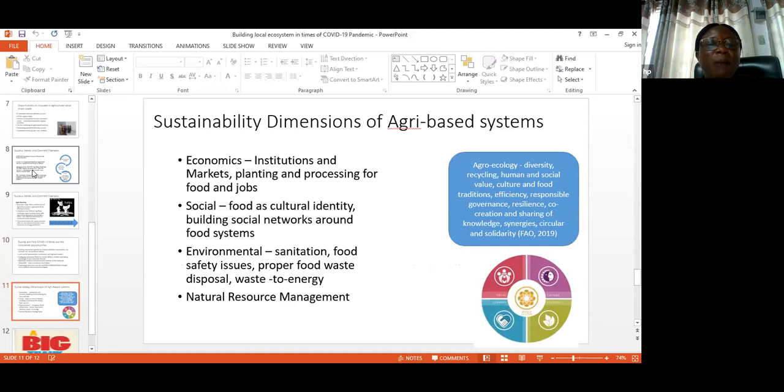Again, for sustainability in the agri-based system, keeping your eyes on institutions, what is it that we can do with our market? Can we create some new forms of market? That does not necessarily mean that you go to a central point where there is always filth and all of that. No, we can have some kind of clean market. We can also use our own food, which gives us a cultural identity, and tap into our social networks to